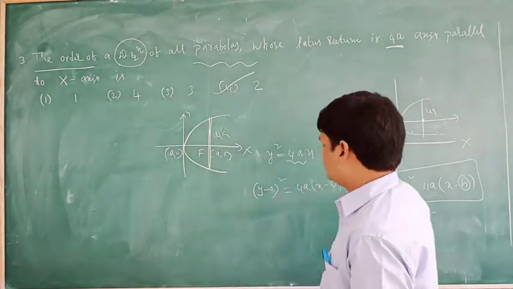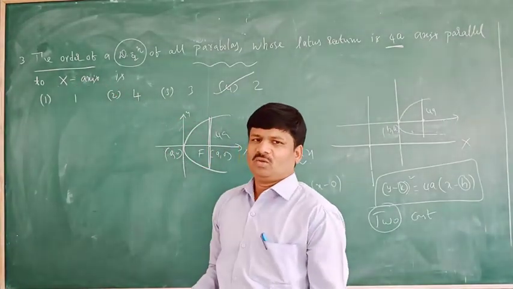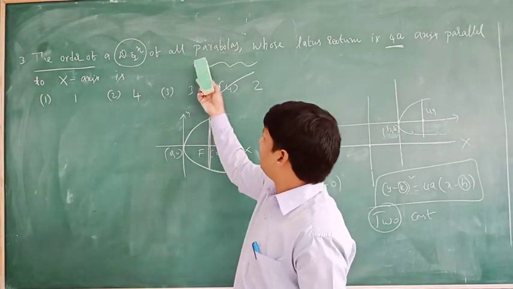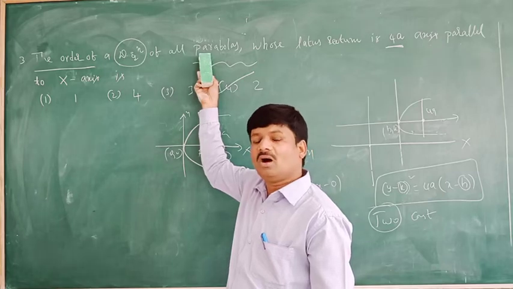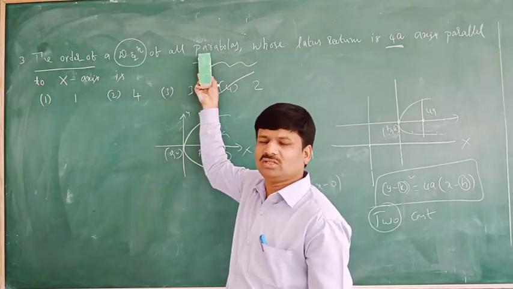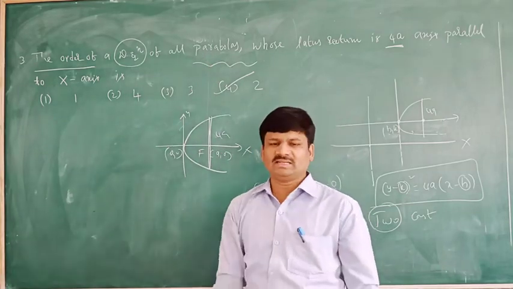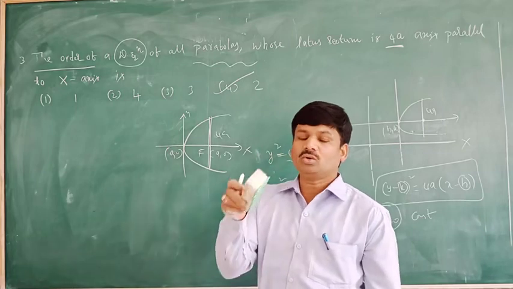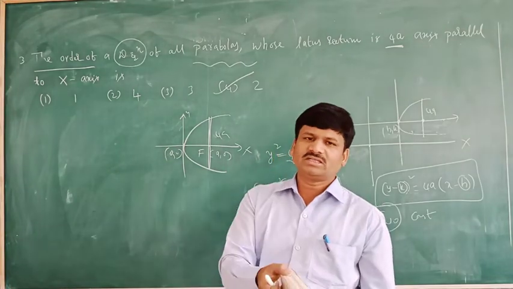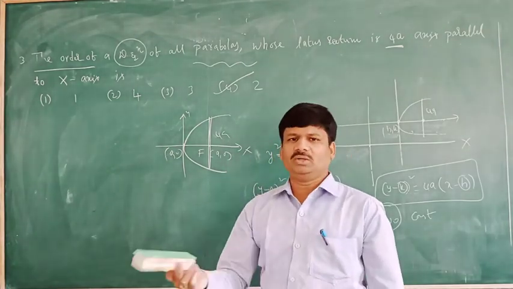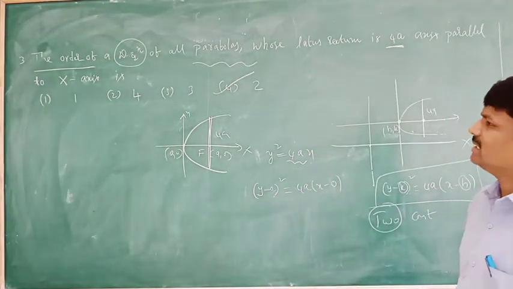So to find the order, whatever the equation or function, it must be a solution of the differential equation, and it must be the general solution. In that general solution, arbitrary constants are present. You have to observe how many arbitrary constants are there. 2 arbitrary constants means order 2. 3 constants means order 3. 1 constant means order 1. Like that we have to find. Remember. This is about question number 3.